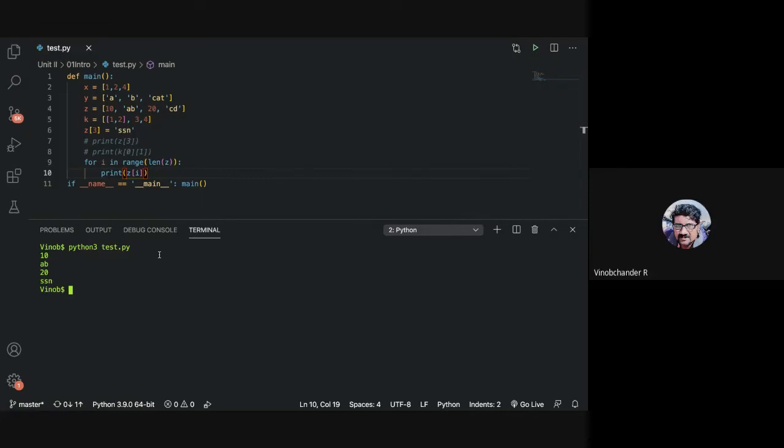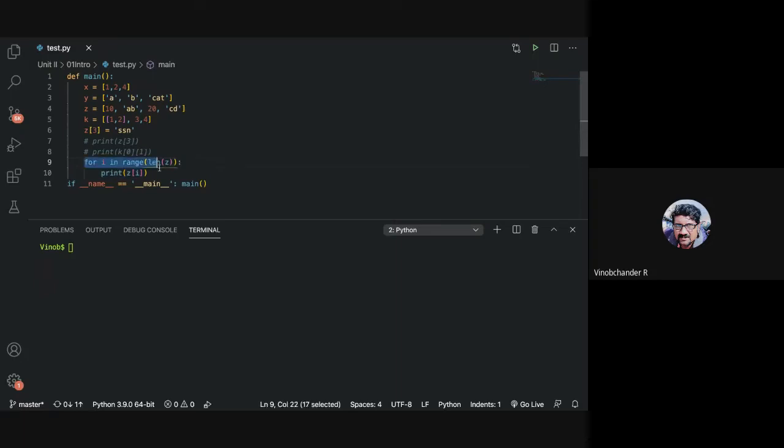Yeah, since you can work with the index separately, you can use this approach to work with multiple lists at the same time, having the same index. And we can also use it to print only half of the list, odd elements, even elements, such manipulations. So this gives you much more fine control over handling multiple list items having the same index numbers.